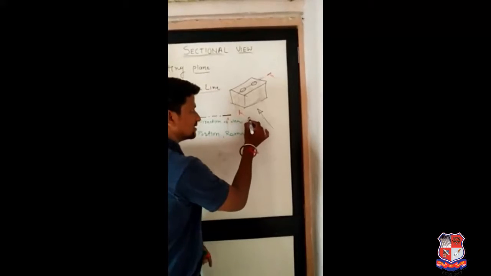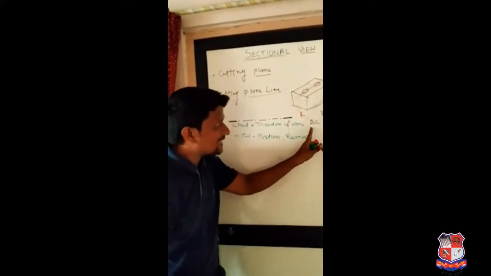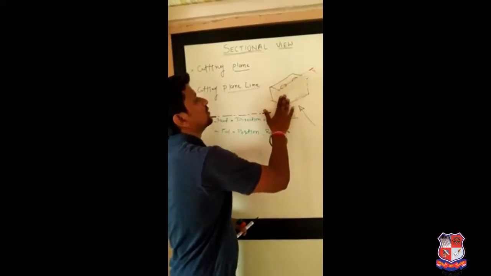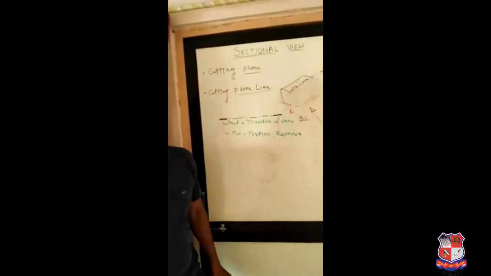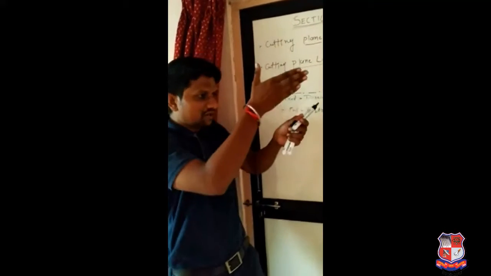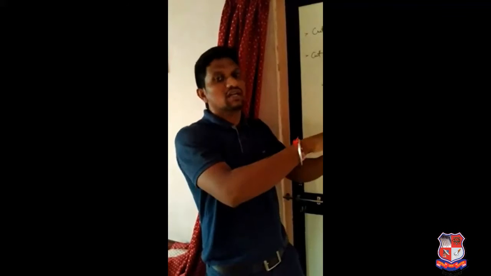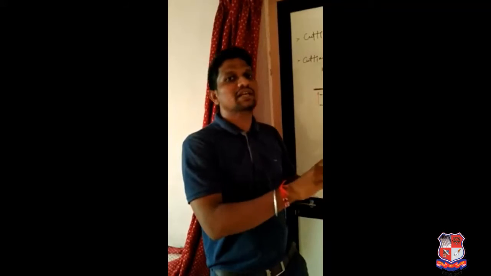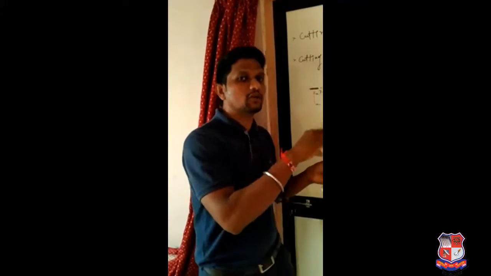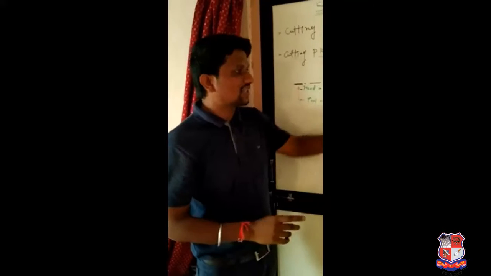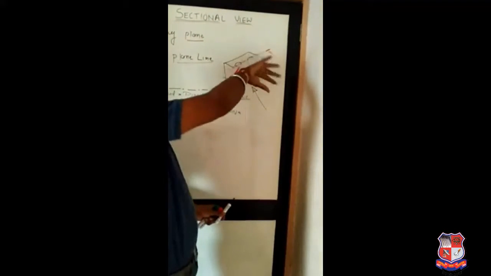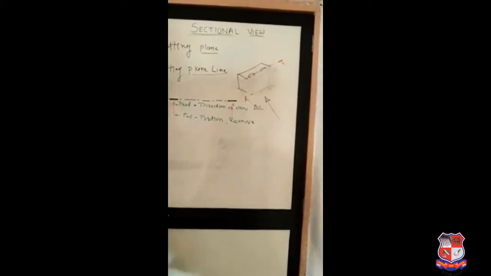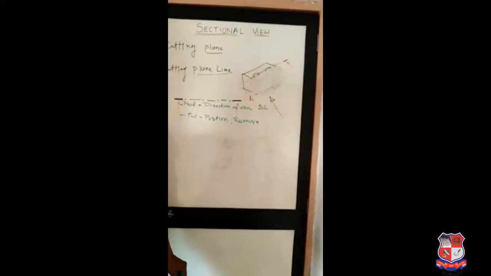And the tail is the most important one. The tail indicates that you need to remove the tail side portion of the object to obtain the sectional view. Which portion do we need to remove? We are going to cut the object, and it is divided into two sections. So which section we need to remove and which section we need to observe depends on the tail. The tail side portion you need to remove from the object, and the head side you need to observe. In the direction of the head you need to observe the object. Okay?